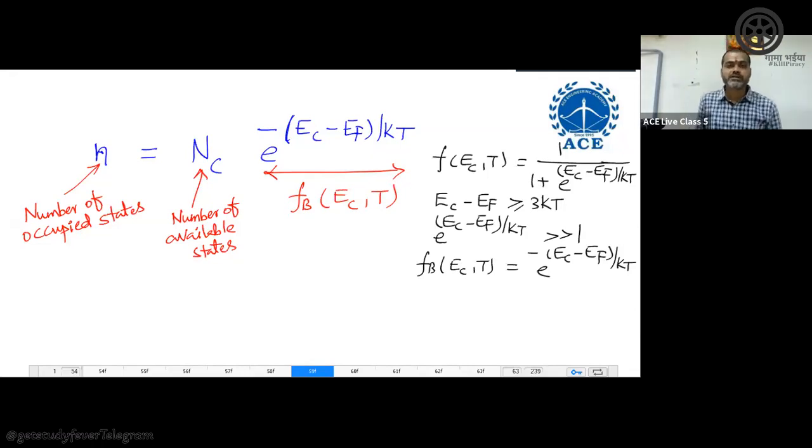Hope I am clear. Yes, I'll repeat. See, this is how many number of states are available. What you want to find out is of which how many are occupied. You just multiply with the probability, and that is what we have done here. Yes, clear? Now let us go for